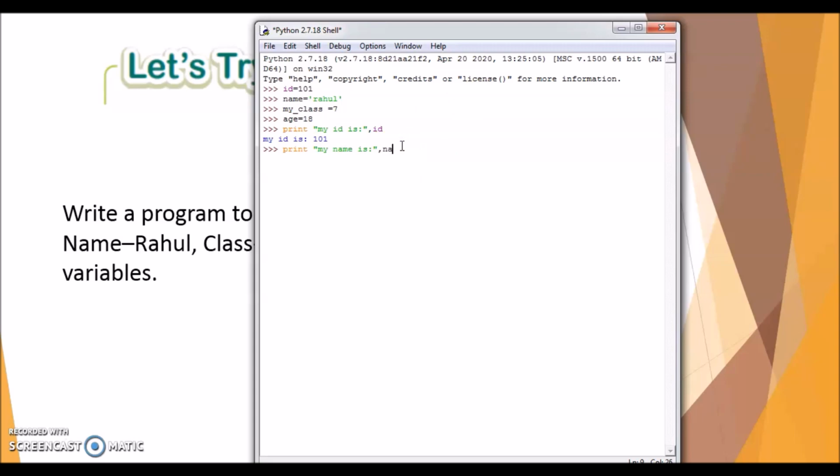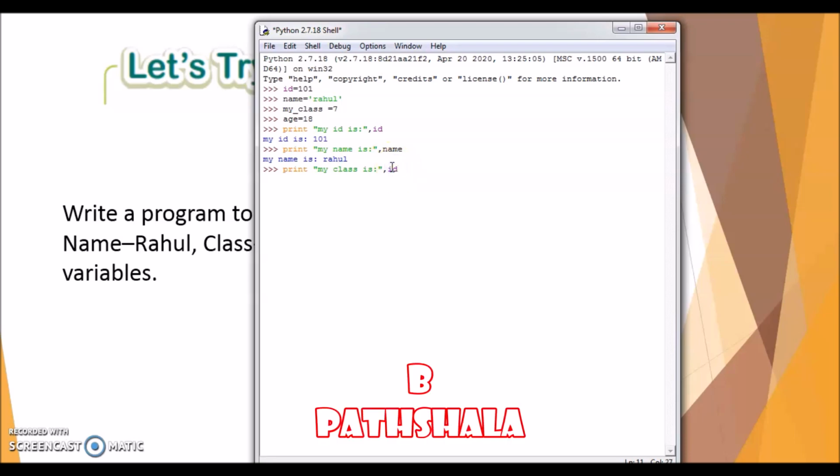You can either type it or copy and paste, which would save time too. Then my class is, and the variable.